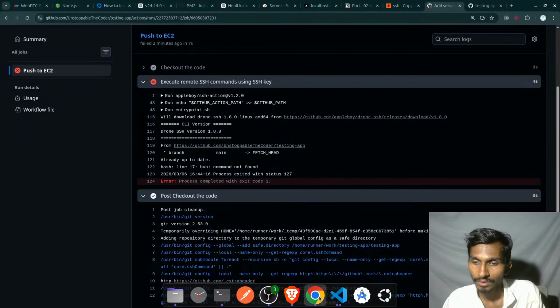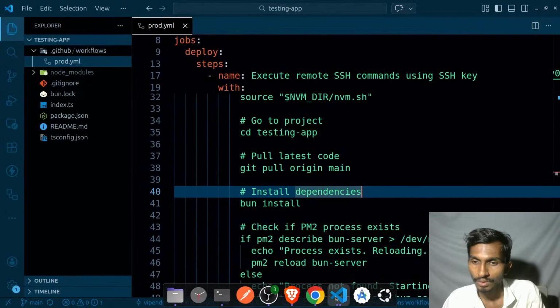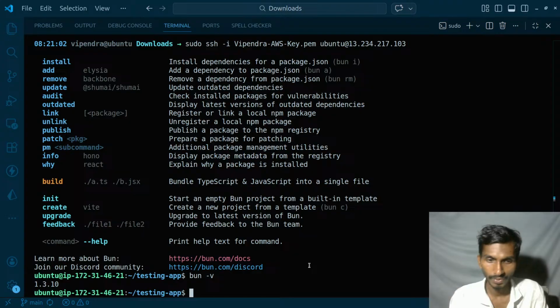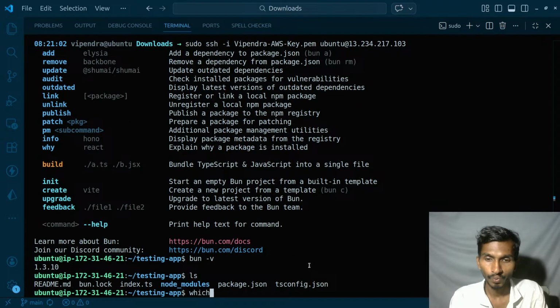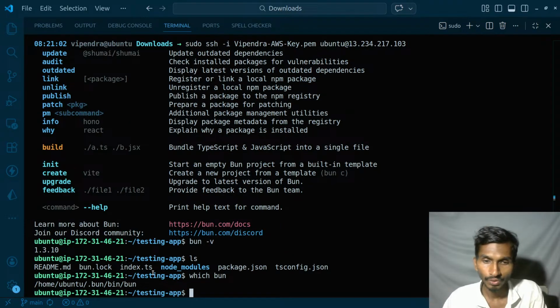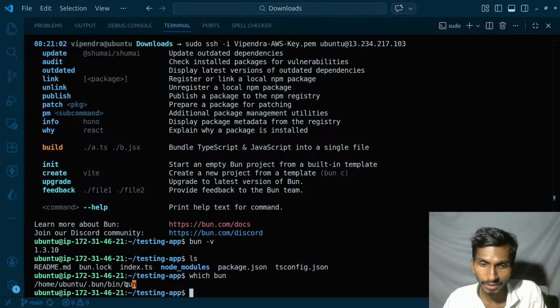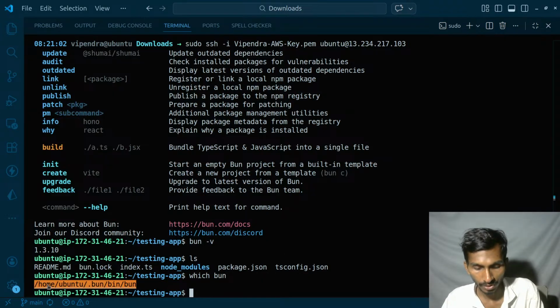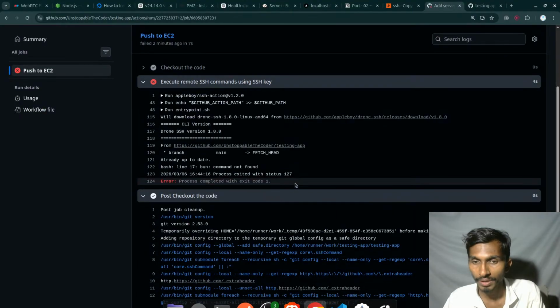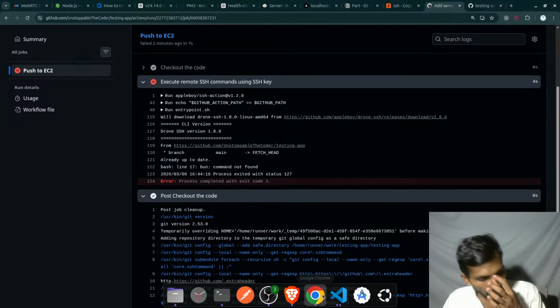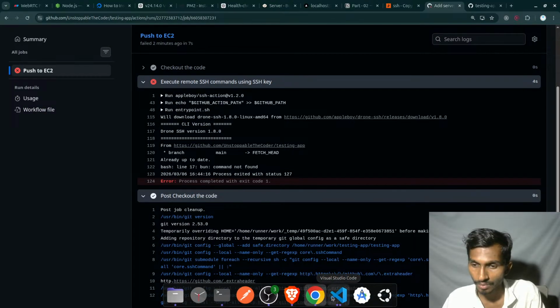That's it. So what I can do is go here, ls, which bun. So this is the path for bun. Hopefully node is directly there. So let me copy it. Once I have copied this,